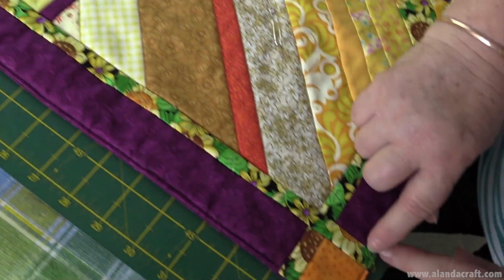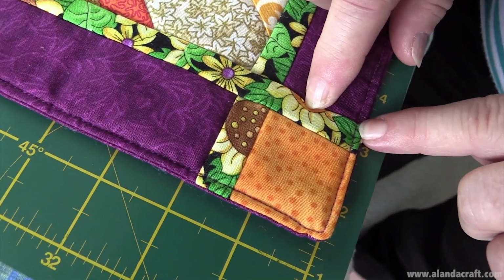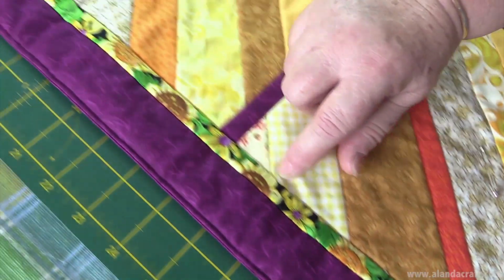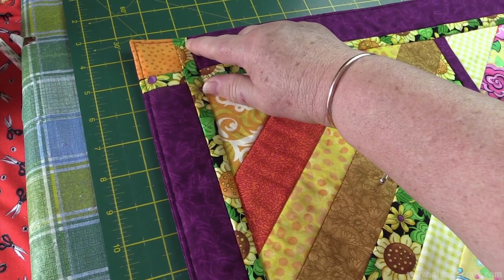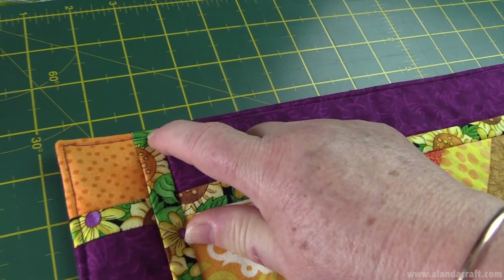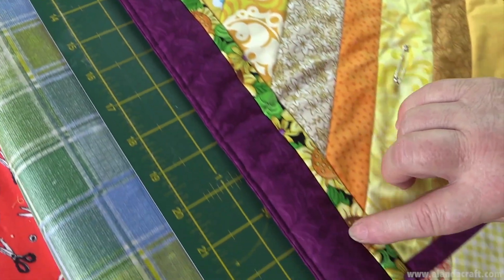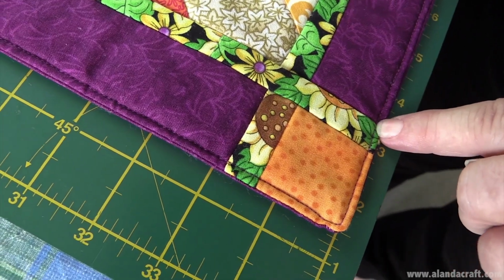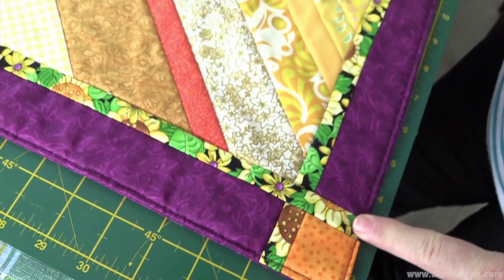Now our next stitching line is going to be on these long sashing pieces, and we're going to start here at the stitch line. Okay, so we already have a stitch line there, so we're going to start there at the side. We're going to work our way in the ditch right up to the top, and we're going to pivot on that stitch line when we get to it and sew across. So we're actually going to sew this time across that line and then pivot and come down here. And when we get to the bottom, we're going to pivot and then come back to where we began, and again leave our long threads for tying off. So we'll do that on both of the long edges on either side,